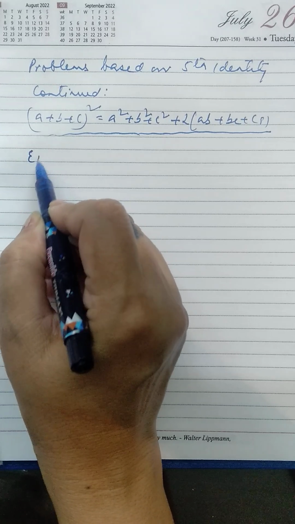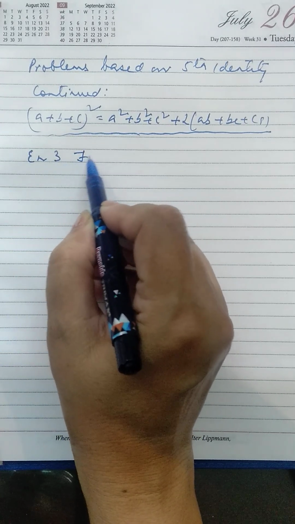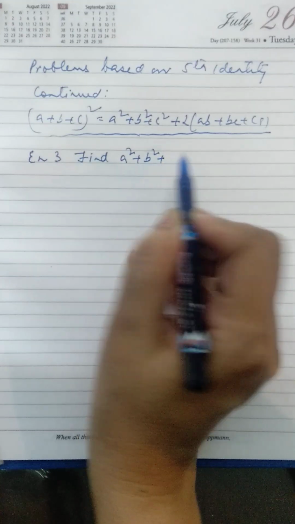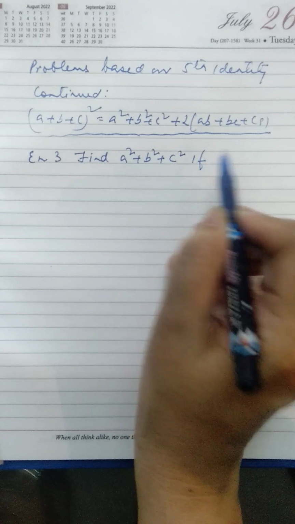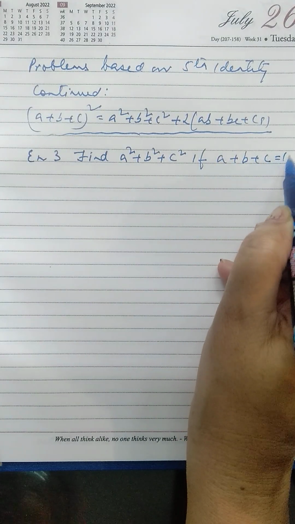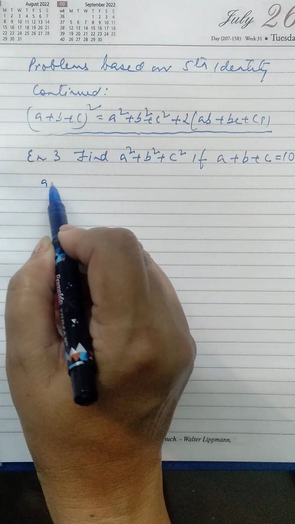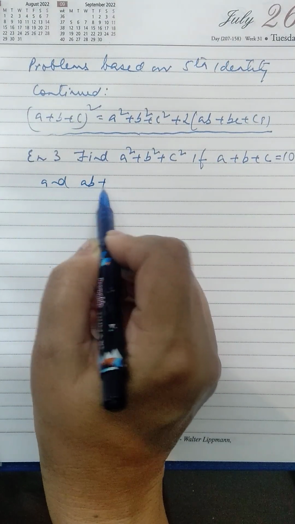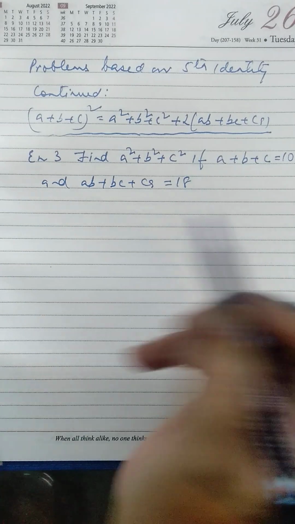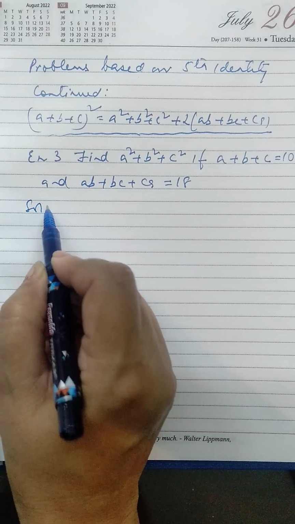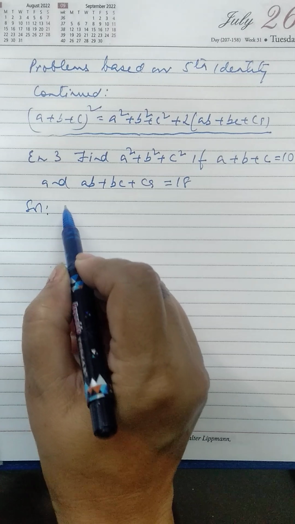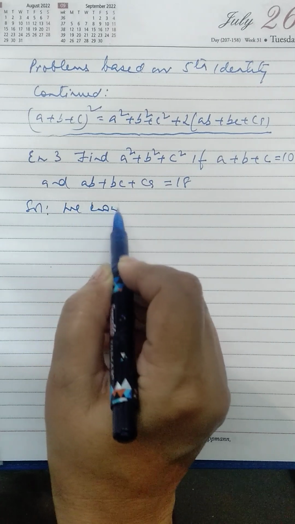So example 3. Find a² + b² + c² if a + b + c is equal to 10 and ab + bc + ca is equal to 18. So to solve, we usually have to copy the entire identity. So we know that